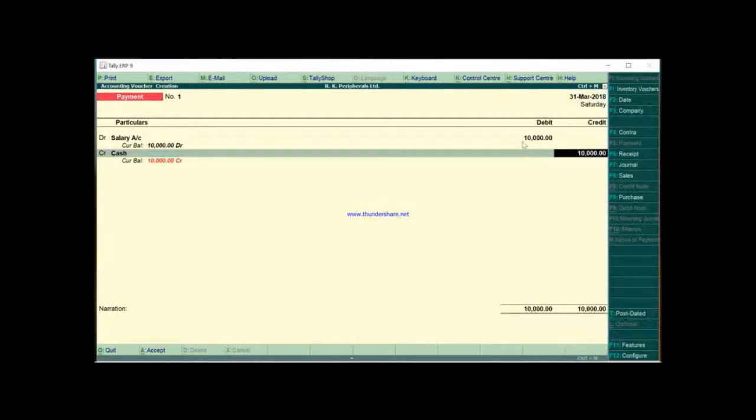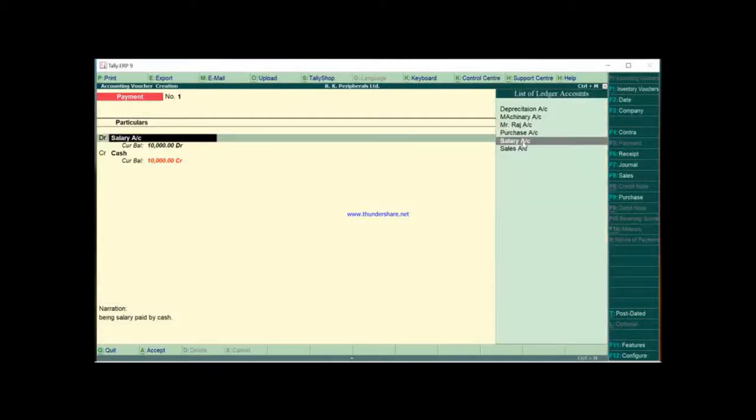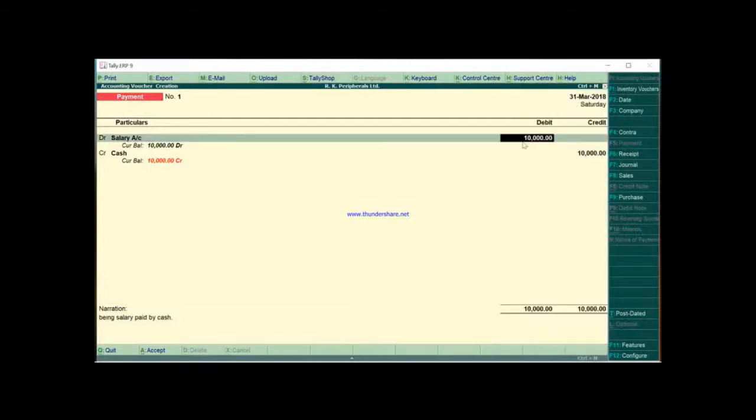So here we will select the cash account. In the narration you will write being salary paid by cash. So press enter and press Y to accept it.